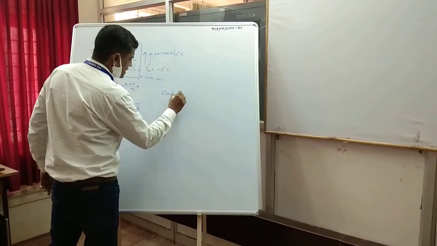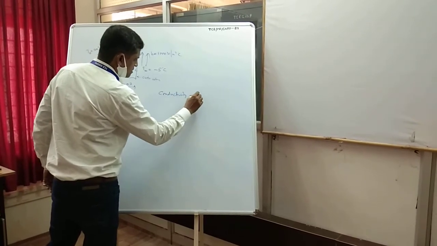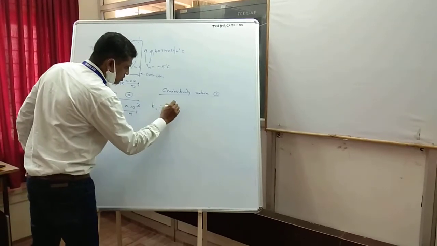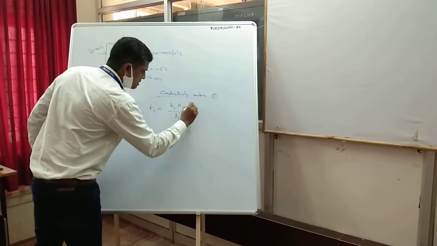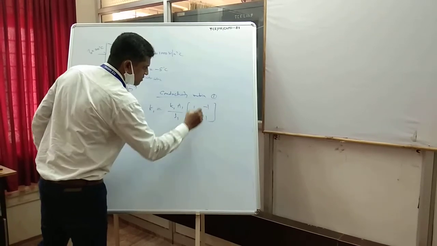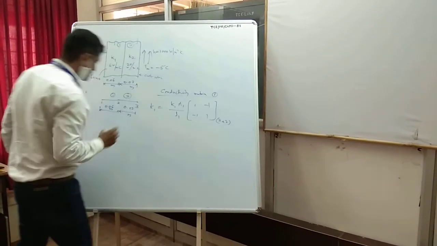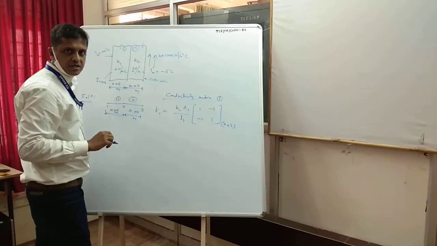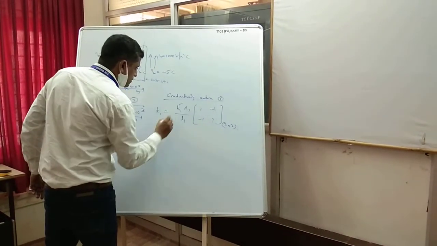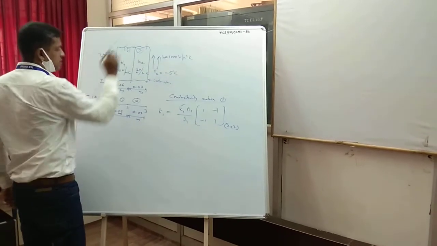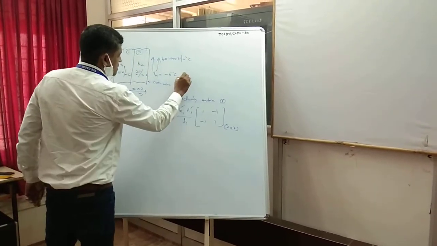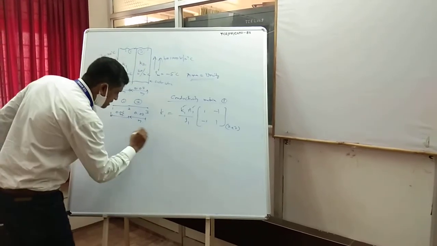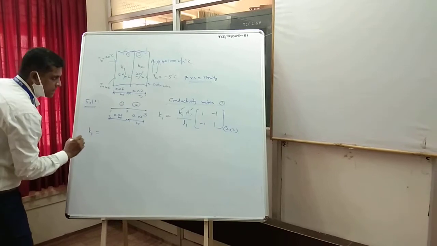Now conductivity matrix for element 1, it is given by, as you know, the formula K1 A1 by L1, times the matrix [1 -1; -1 1]. The order of the matrix is 2 cross 2, since the element with two nodes having at each node 1 degree of freedom, that is the temperature. Where K1 is the thermal conductivity of the material of the element 1, and A1 area is given unity area.